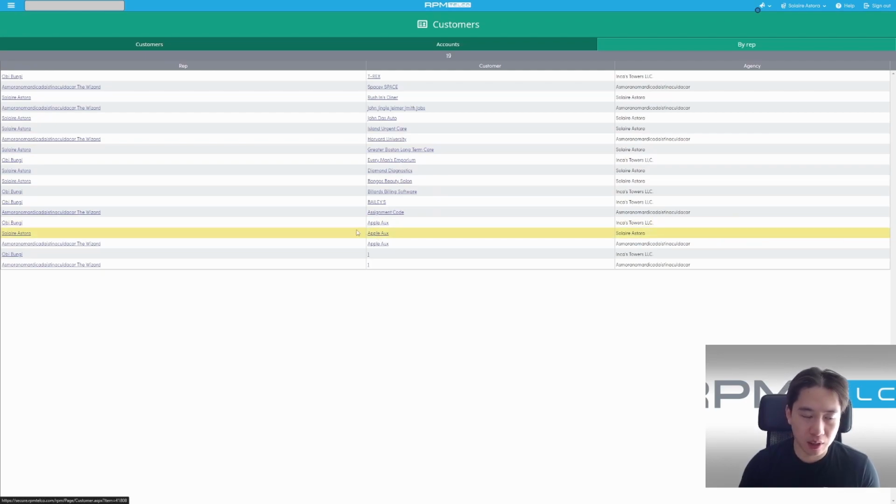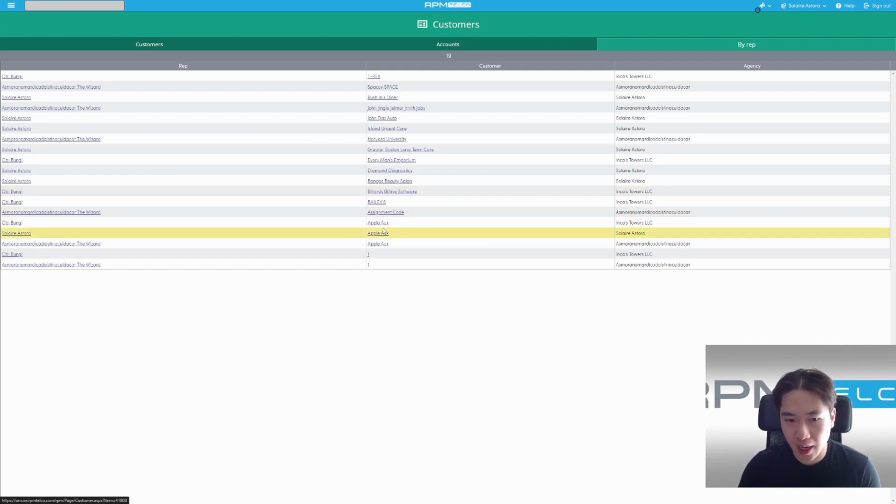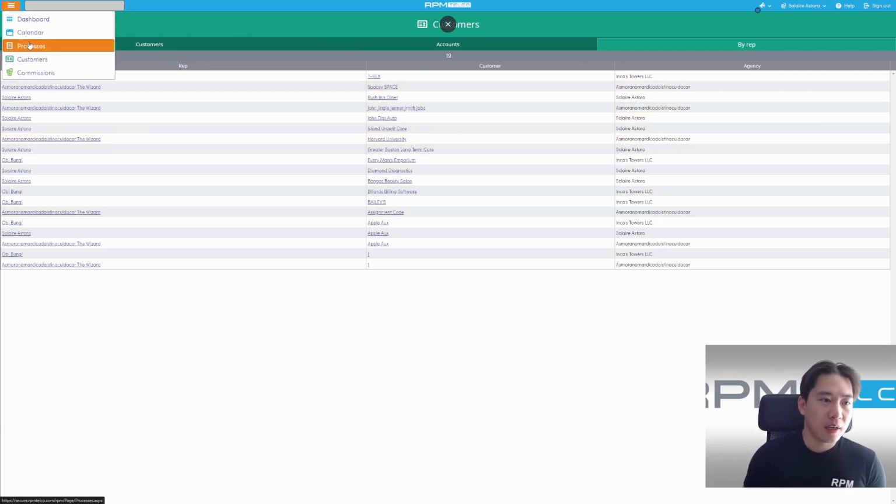And you can see that there can be multiple reps assigned to one customer if there's like referrals or things like that. Yeah, but that's just a quick by rep report if you wanted to see customers assigned to certain reps. All right, and then the last thing we want to talk about is if I go to the top